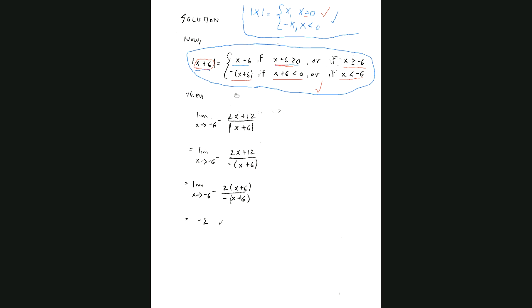So it's coming from the left. Yes, Neil. Having a little trouble hearing you, Neil. So it's coming from the left, right? Well, no, this is a two-sided limit. The limit as x approaches negative... Oh, I see what you mean. Okay. So the original problem was the limit as,